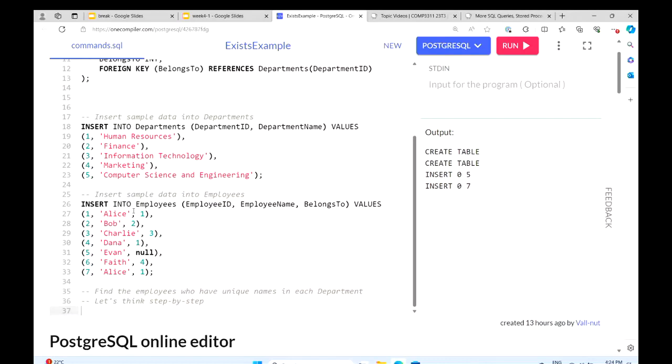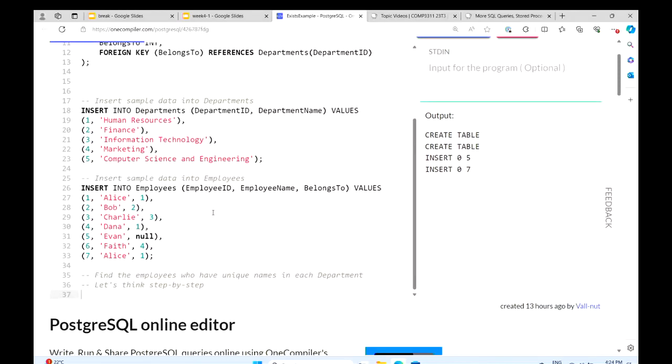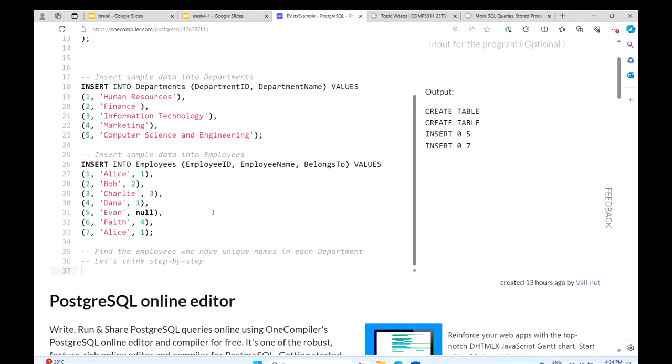We can see that this time we have some people having the same name in the same department. For example, in human resources, we have two Alice. So this is the context here, and our question is, can we find the employees who have unique names in each department? We can think step by step.